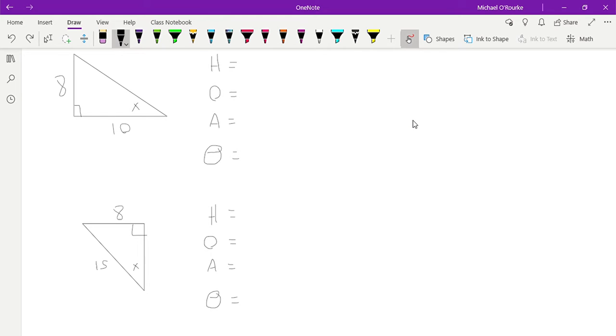What we are going to do now is we've learned how to set up the ratios and